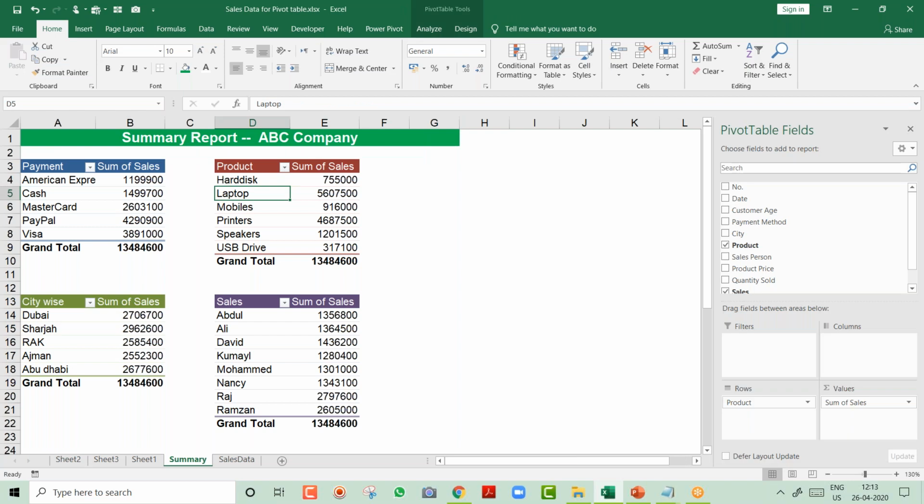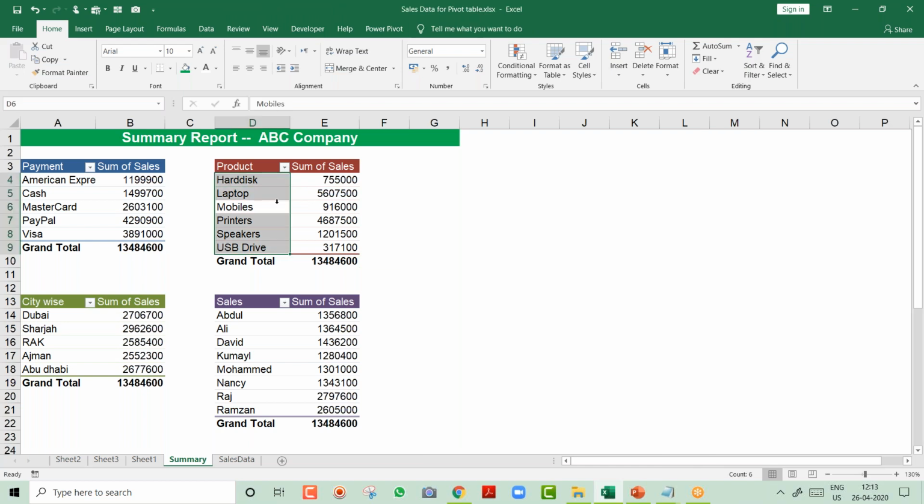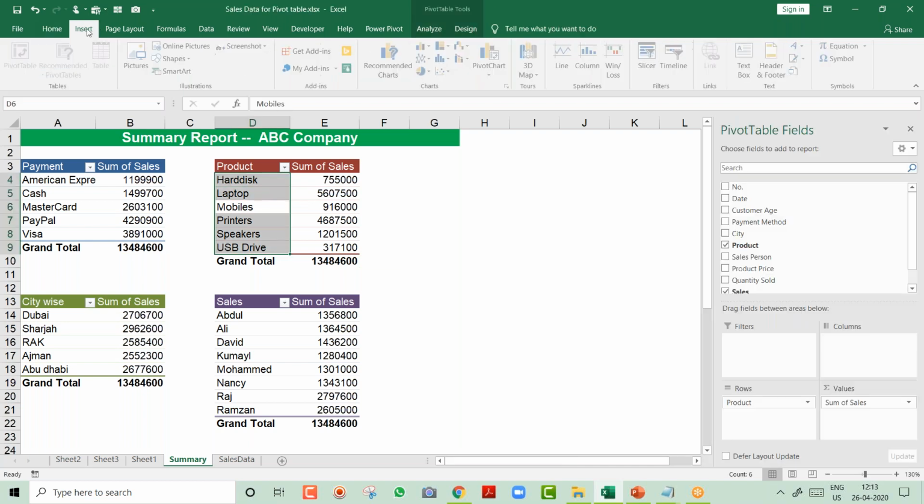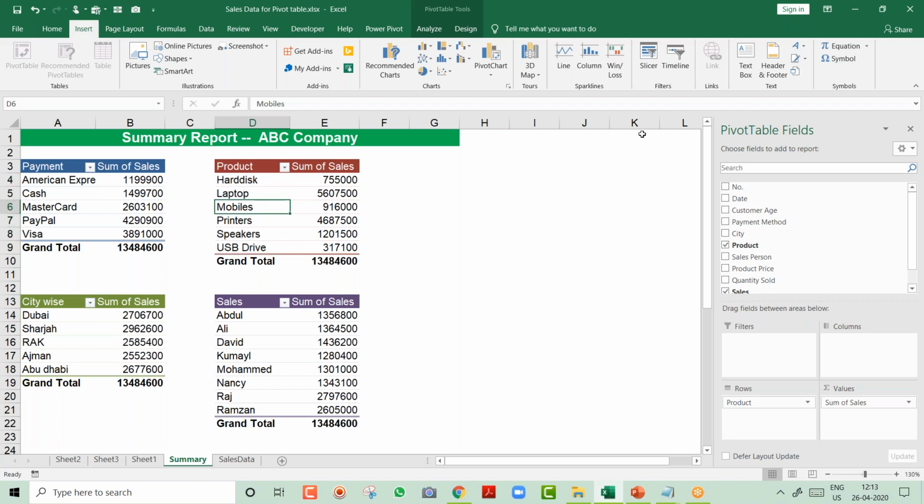Okay, now you have prepared this report. Now your manager says, hey Ramzan, product wise sales is good, but I want to see how much the sales of each product was in each city. So you don't have to worry, friends. I will come on this and go to Insert. Remember, your cursor should be on the pivot, and here you get an option, Slicer.